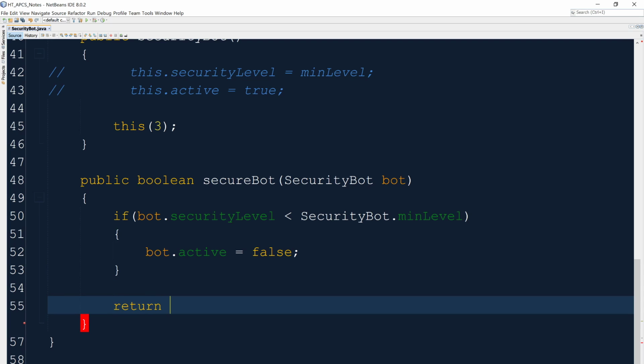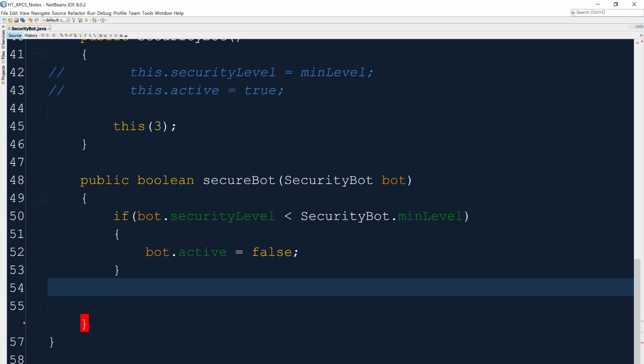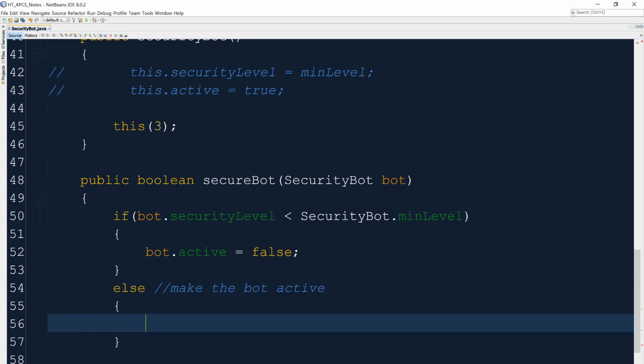Return whether it's active or not. If it was active, then it'll be true. And actually, no, let's do this because we don't know that it was not. So let's turn it on, and we'll say else, and say make bot active, and we'll say else bot.active is true,